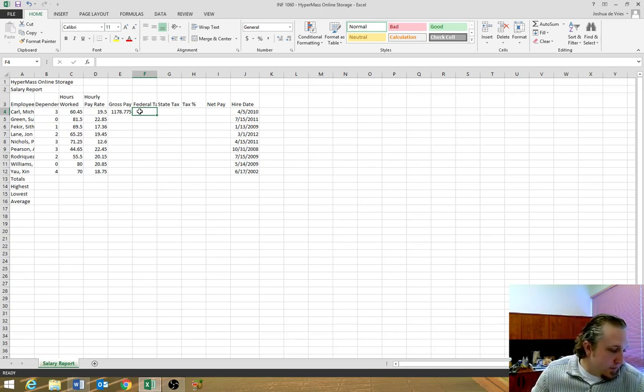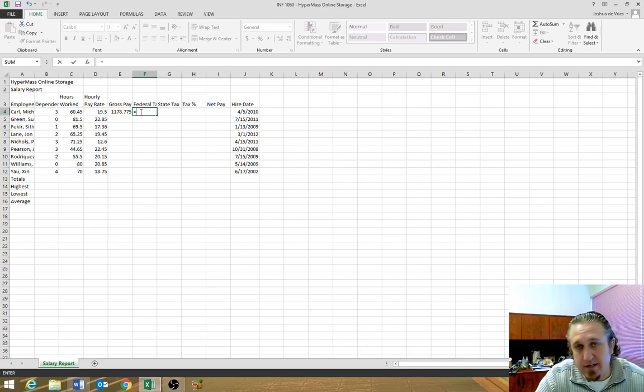When we're looking at the federal tax, which is highlighted, we need to put equals. So again, we're starting the formula. We're at the top of page EX76, and we need to type in equals 0.22, or to do exactly what the textbook shows, 0.22, because the federal tax is 22% in this particular location. Then we have to put times, so Shift 8,